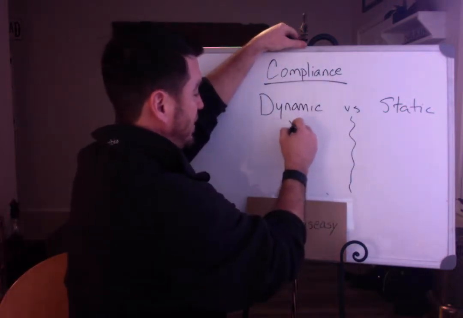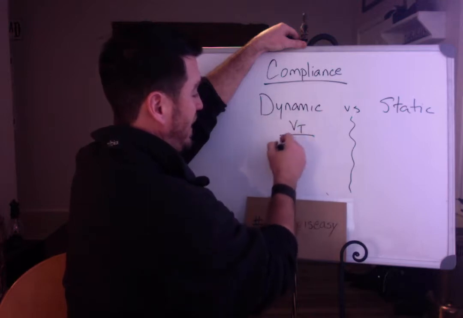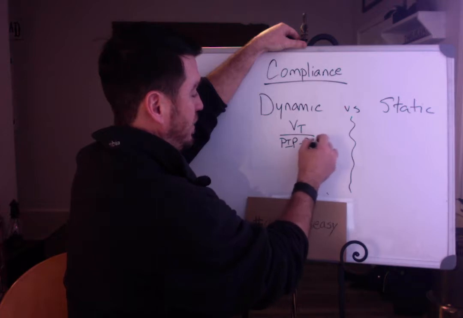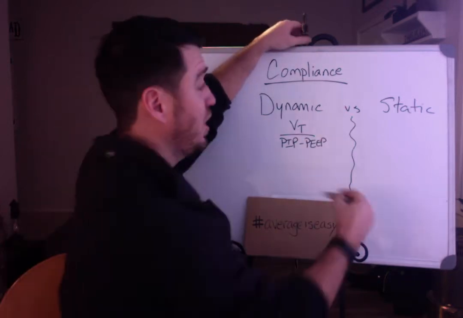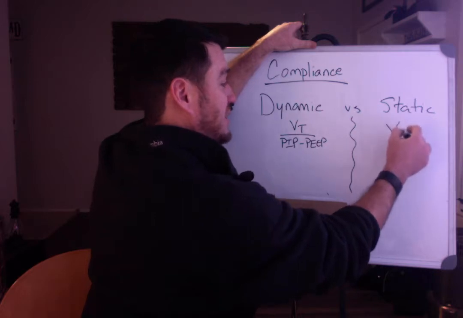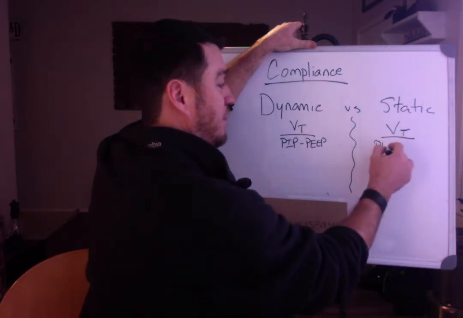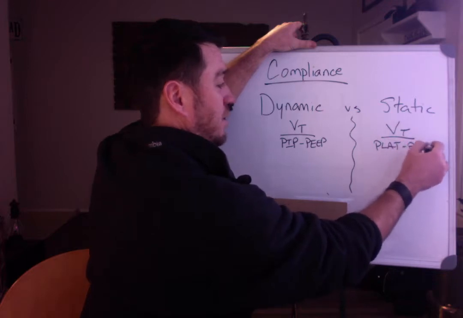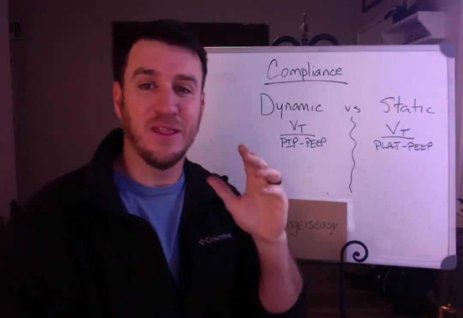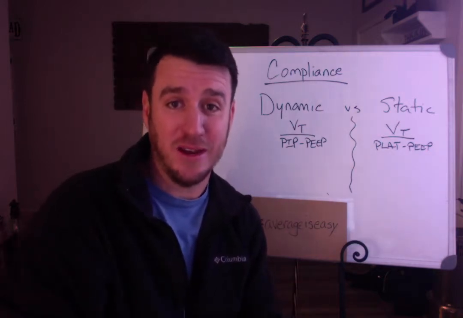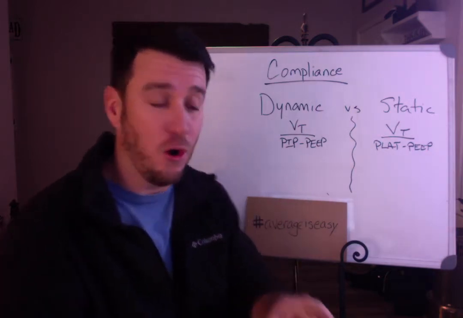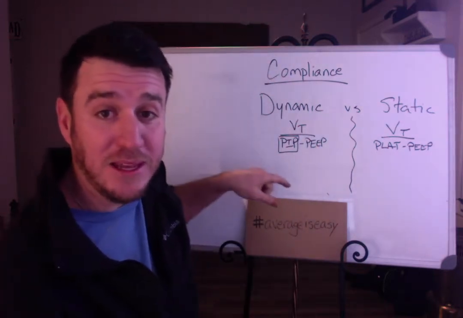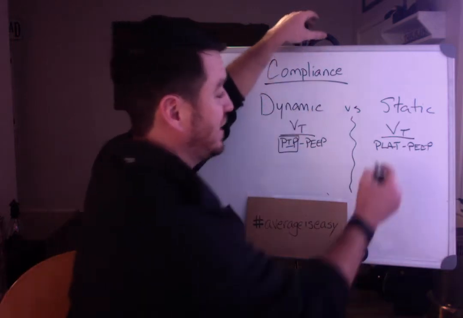So our formulas here are tidal volume divided by PIP minus PEEP. Okay? On static, our formula is tidal volume divided by plat minus PEEP. Okay? Those formulas almost look identical, right? Almost. The only difference is with dynamic, you're talking peak inspiratory pressure. With static, you're talking